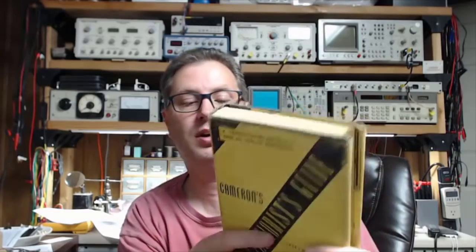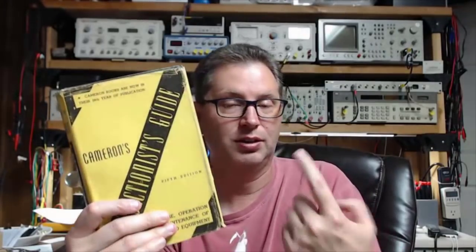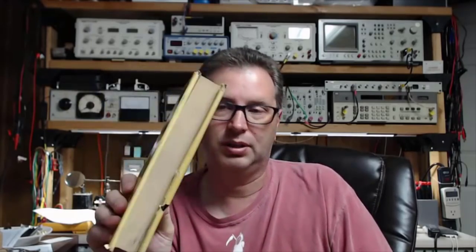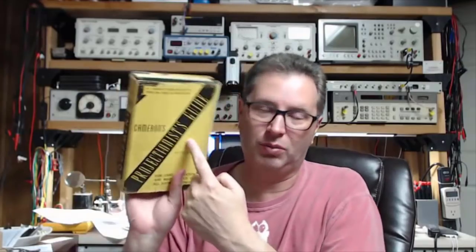This is another pretty rare one, Cameron's Servicing Sound Equipment. And this book goes way back. It's really all about motion picture stuff. So there's a lot in here on old Western Electric amplifiers, old RCA amplifiers. If you're working on any of these old amplifiers that came out of maybe a cinema or a PA system or something, this is a great book to have for that purpose. I think these are about 200 bucks when you find one, though. They're not cheap. And some of these older books, the reason they're so expensive is you can't find PDF versions